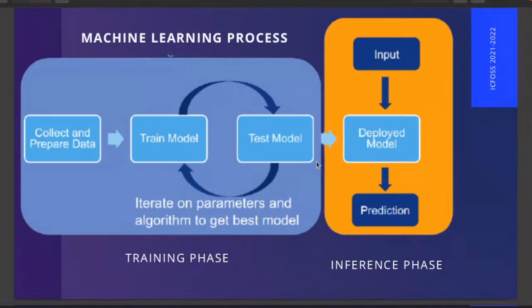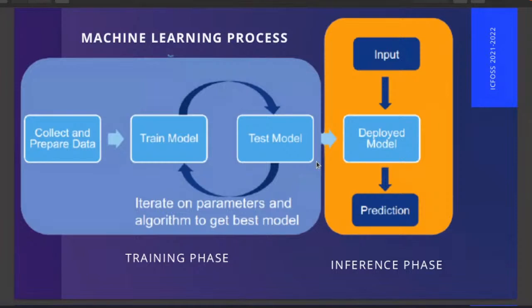We can convert it into the inference phase. Inference phase is deploying the model. In a normal model, we can use any code, Python or C, to deploy to your system or server, creating an endpoint for prediction or classification actions. But in the case of edge agentics, we are not able to deploy the model directly into the device, because edge devices are low-power devices with low processing power.